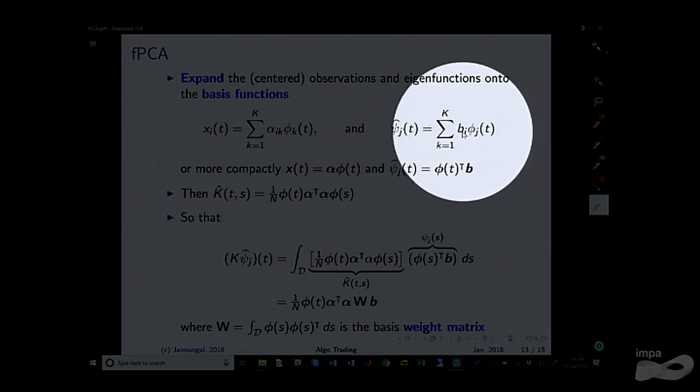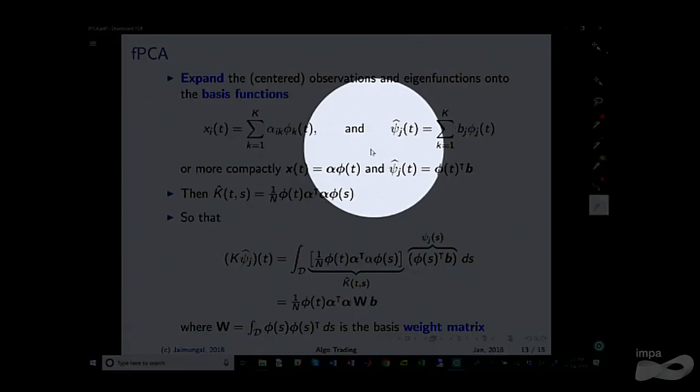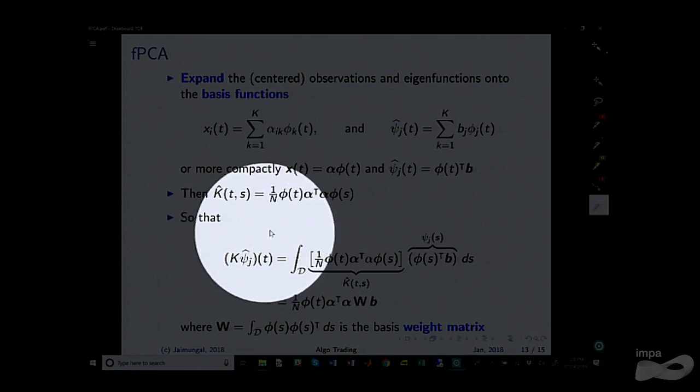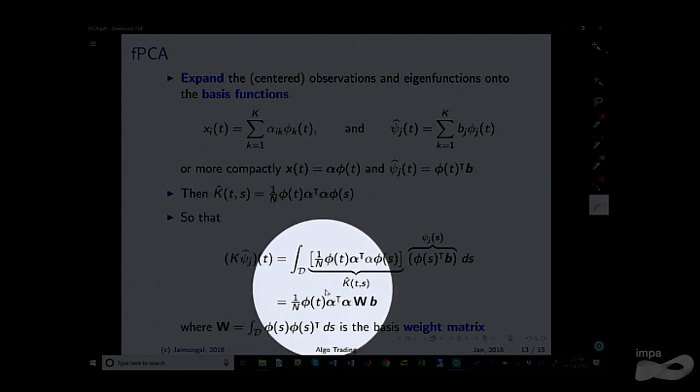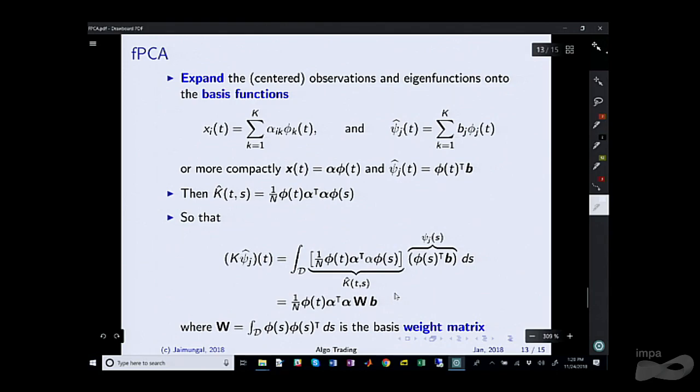So we want to find these coefficients for each eigenfunction. If you just do a little bit of algebra, what you'll find is that this kernel function, or the kernel operator, sorry, that should have been a script k there, reduces down to this simple matrix multiplication over the coefficients that you've estimated together with those weights of the eigenfunctions that you're after and this sort of weight